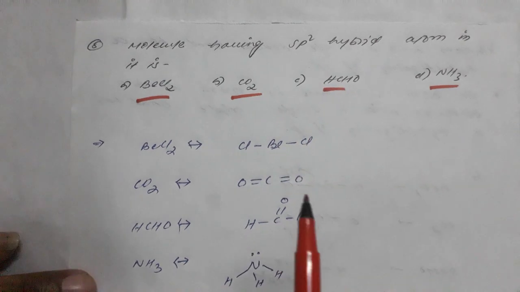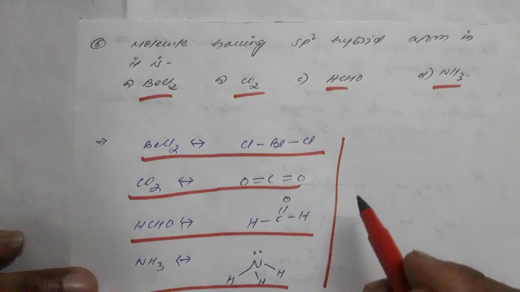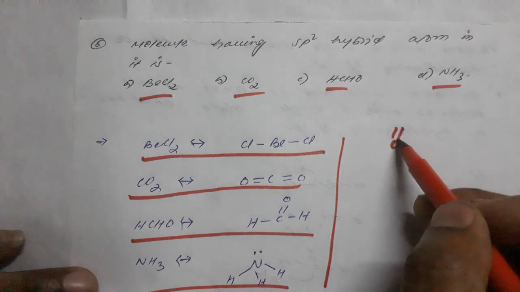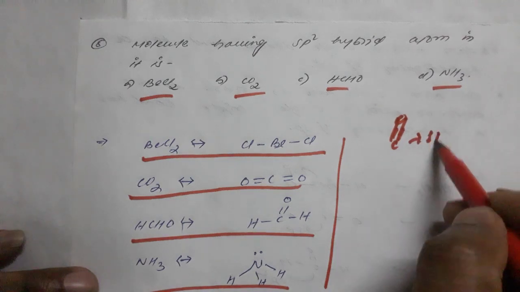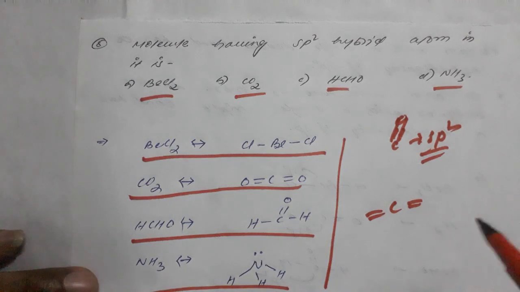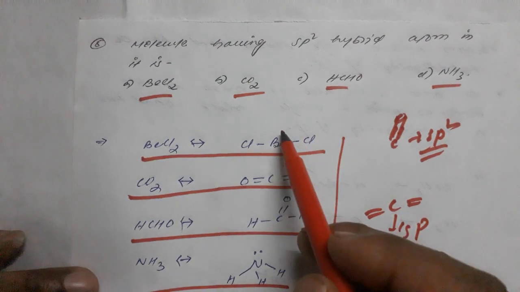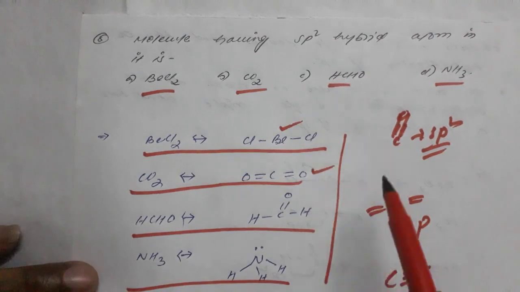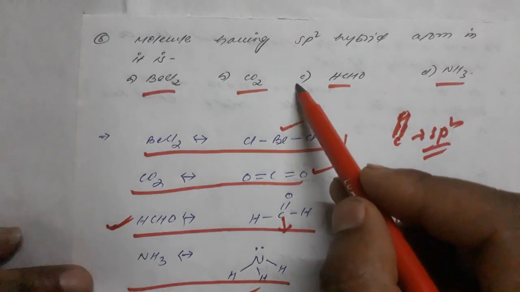So look, I have shown the structure here, and one point to be remembered is that if any central atom, say carbon, has a single double bond, then it is always sp2. But if it has multiple double bonds like this type, then it will be sp, or if it is a triple bond, then it will also be sp. Clear? So here it is sp hybridization, here it is also sp, and here it is sp3. So only sp2 hybridization is in this case, formaldehyde. So this is the simple answer here.